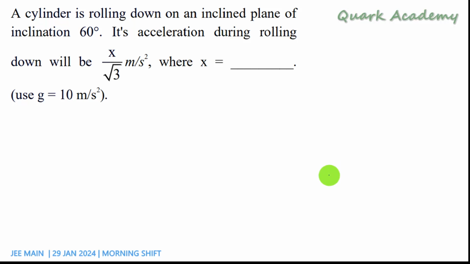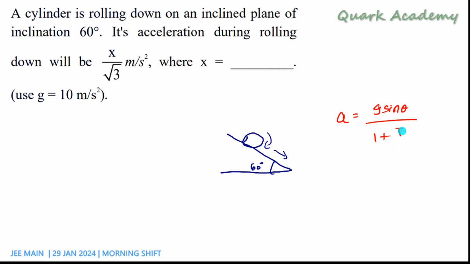We need to find the acceleration of a cylinder which is rolling on an inclined plane that makes an angle of 60 degrees. So this is the inclined plane, the cylinder is there, and it is exhibiting rolling motion. It rolls as well as moves forward. In this case, there is an expression for acceleration which is g sine theta divided by 1 plus